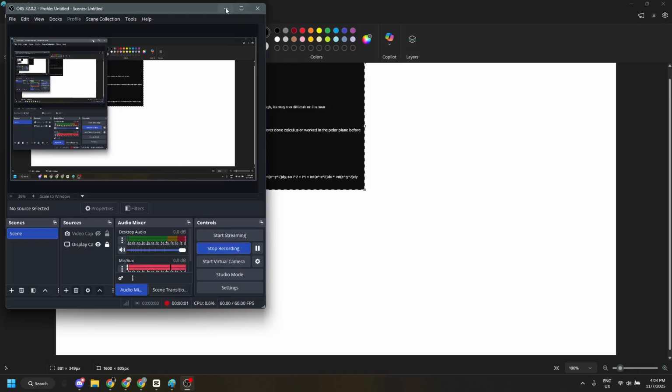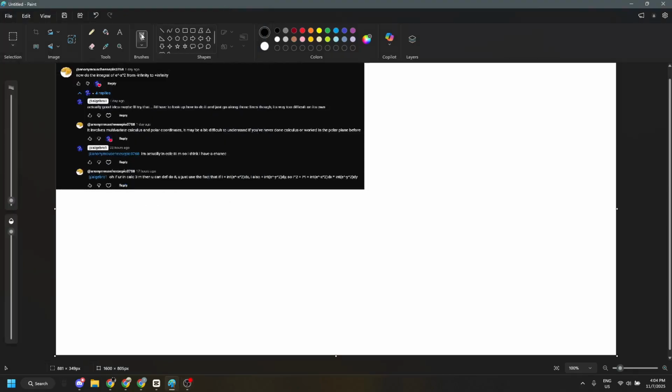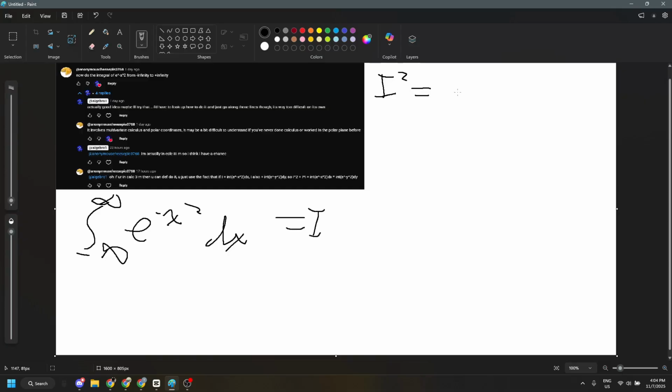Okay guys, let me solve this. So, this guy gave me a comment and a suggestion to find the integral from negative infinity to infinity of e to the negative x squared dx. His little tip is that if you set this equal to I, then I squared is equal to the integral from negative infinity to positive infinity of e to the negative x squared dx times, you could just use y,